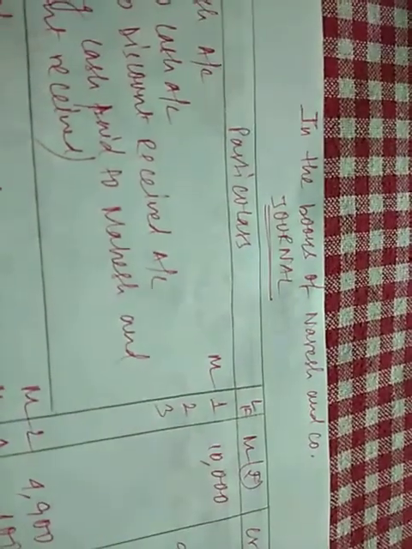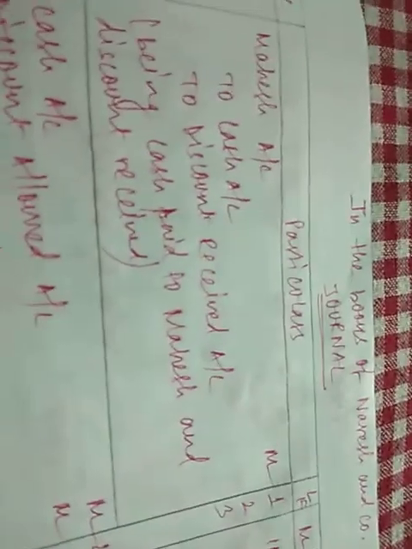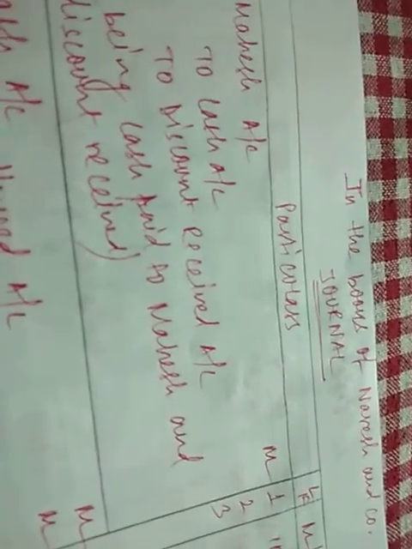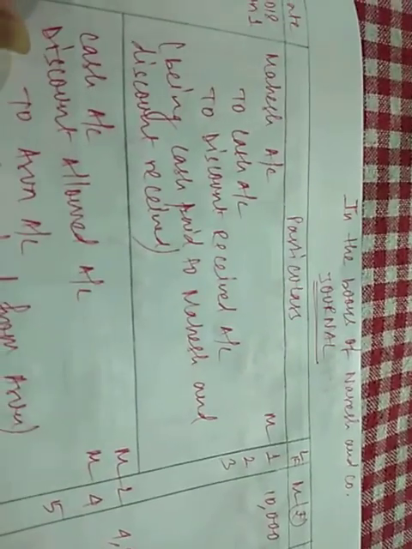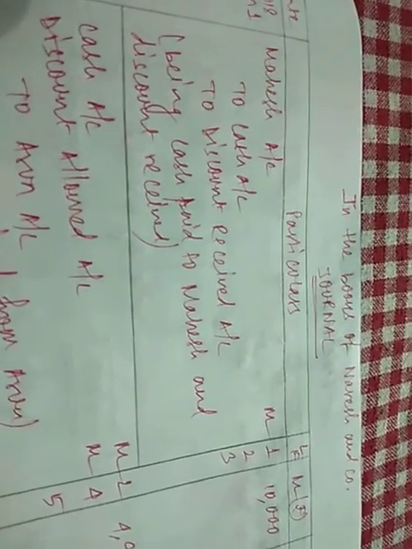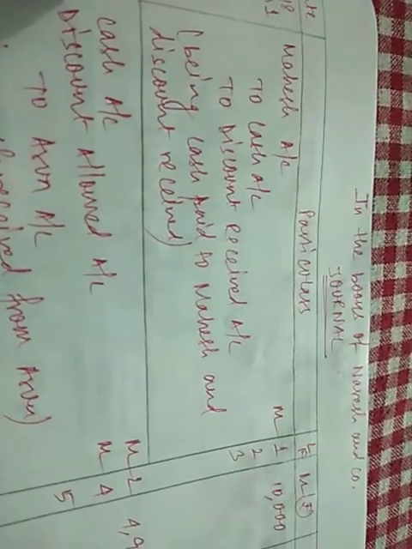Now for starting with ledger, first of all we need to give ledger folio. There was one column, ledger folio. Till now it was not being used, but in the chapter of ledger we will use it. So you need to give numbers there for all the accounts that have appeared till now. Like first of all we have Mahesh account. So Mahesh account will be numbered as number 1. Next is cash account number 2, discount received number 3.